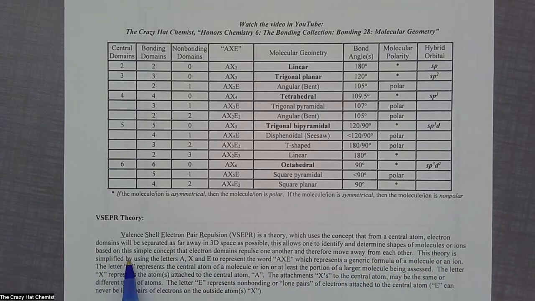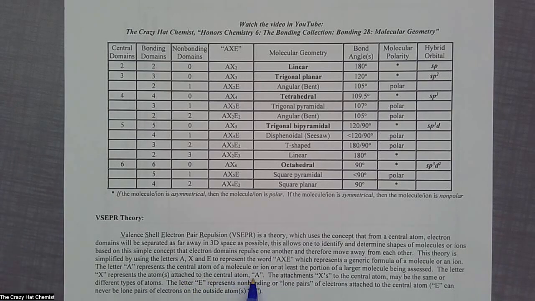This theory is simplified by using the letters A, X, and E to represent a generic formula of a molecule or an ion. The letter A represents the central atom of a molecule or ion, or at least the portion of a larger molecule being assessed. The letter X represents the atom or atoms attached